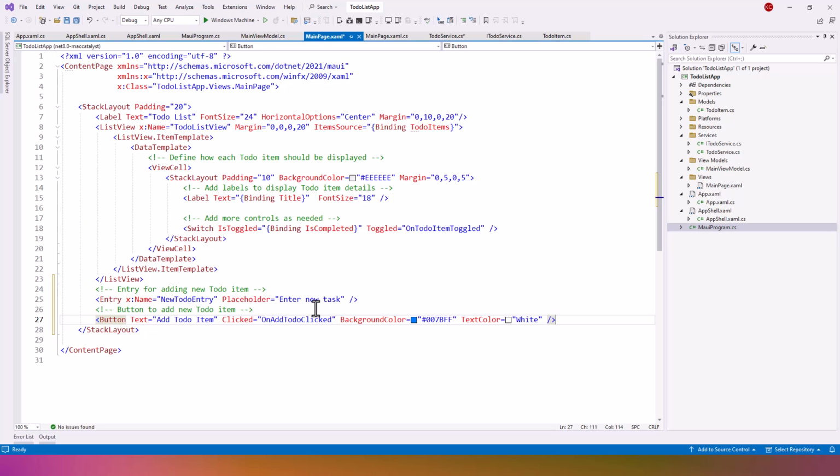Okay, so you can place some text. It's just like a text box here. And the button text is Add ToDo Item, that is what is engraved on the button, and on click there's an event, it is wired to this